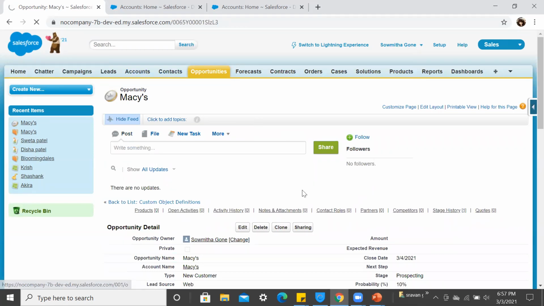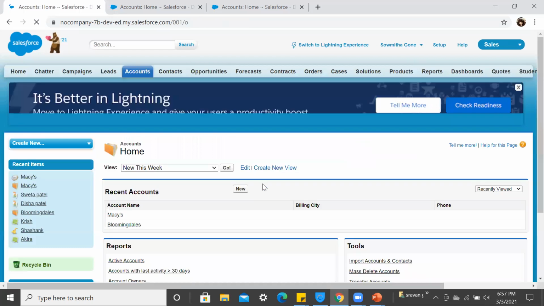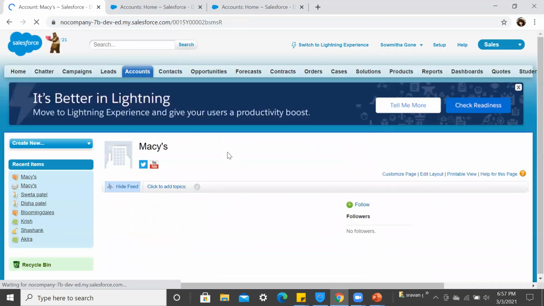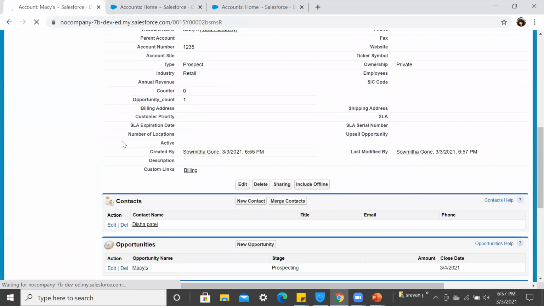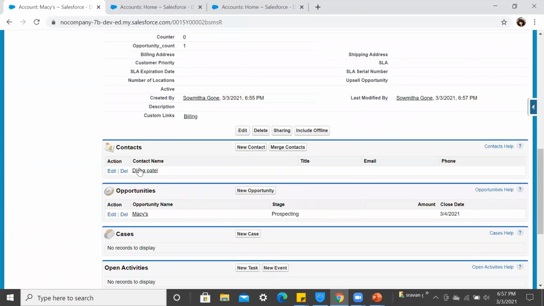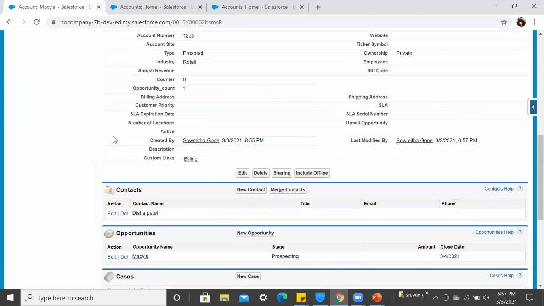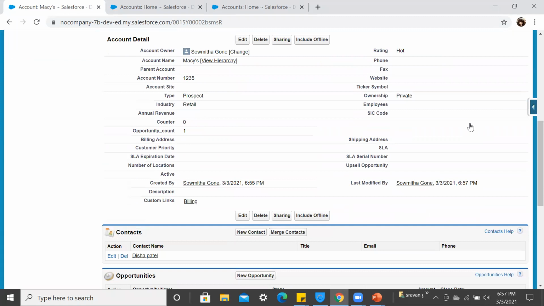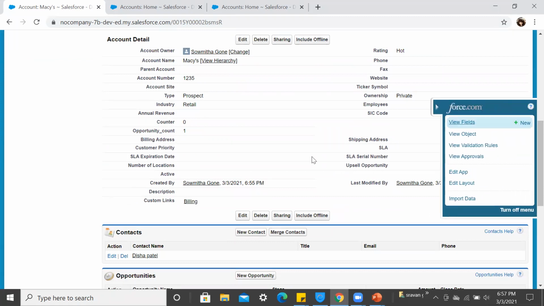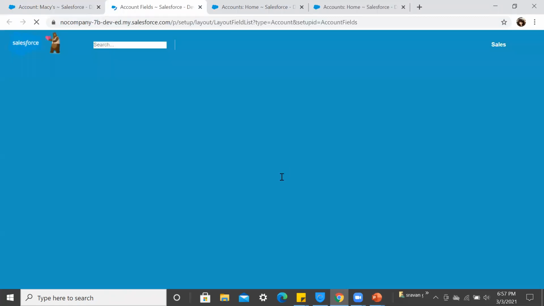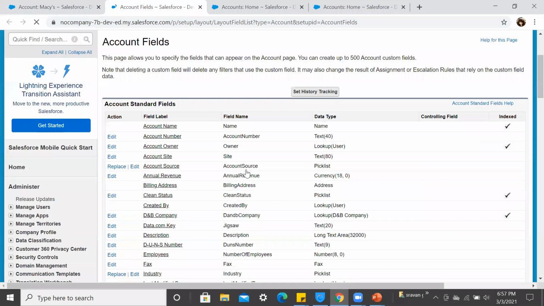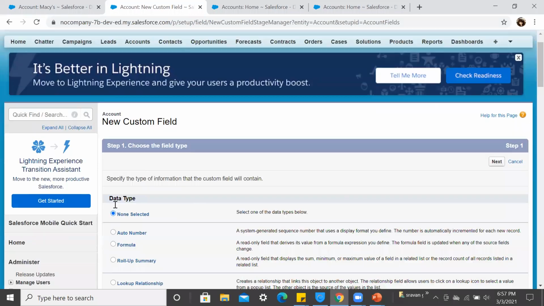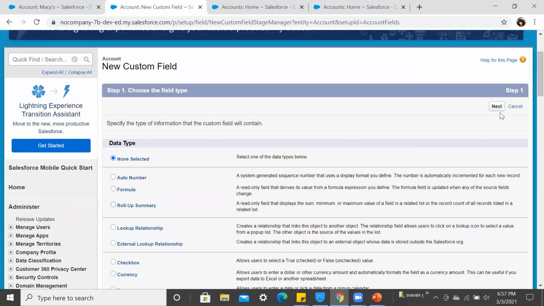We can see the contacts and opportunities under the account right now, and we can create a roll-up summary under the account.